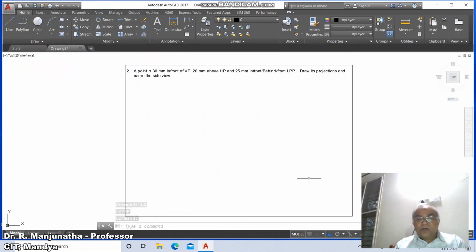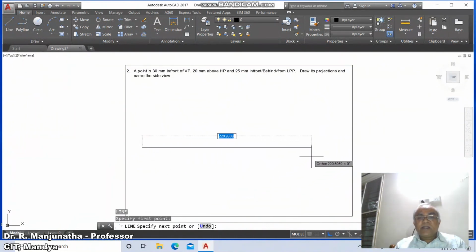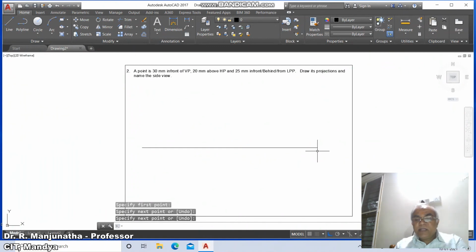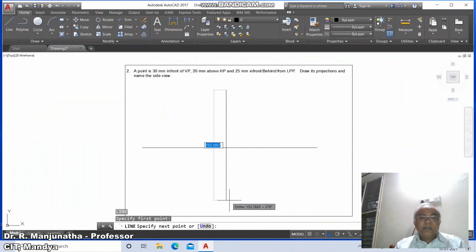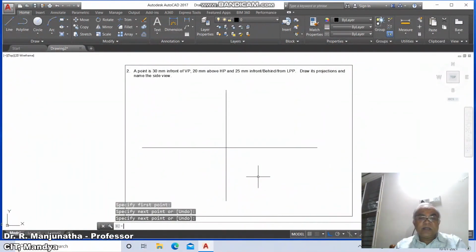Now we will draw a horizontal line. First we'll take line command. You select an arbitrary point within this rectangle and then click on the first button of the mouse and drag it till here. And again you click on the first button of the mouse and enter. Similarly, again draw a vertical line. Just take line command and again you click from an arbitrary point and then drag it onto the right bottom side. You just click over this and say enter.